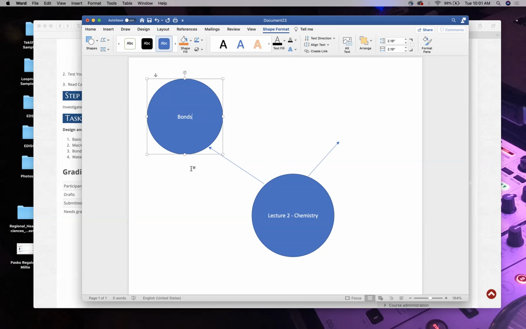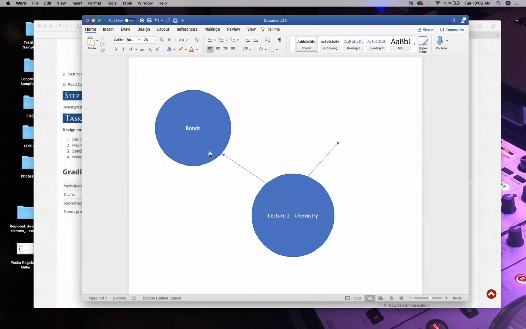Now, another thing you could also do for those of you who aren't as computer savvy, but if you're not computer savvy, isn't that something you've got to work on? But if you're in a crunch, what can you do? You can take a ruler and maybe some coins, and just be very neat about it, and then take a picture of it on your phone, and you could submit it that way. But learning how to do this on Microsoft Word is better. You really should learn how to do this kind of thing,